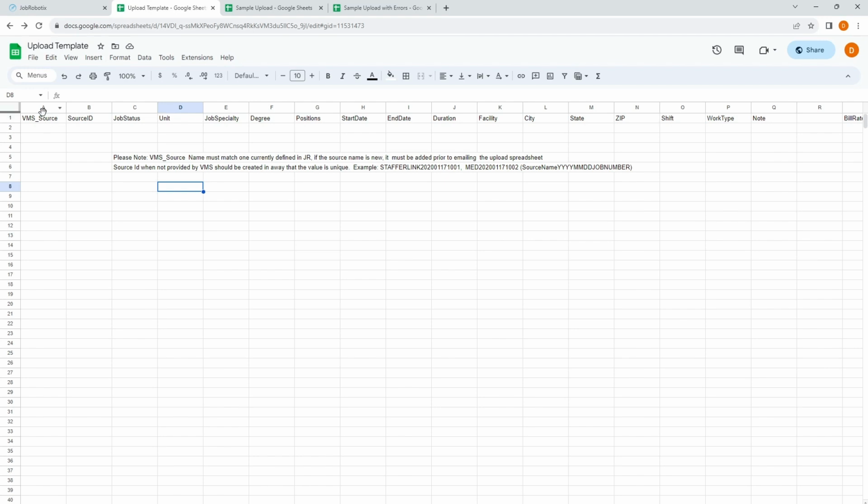The other thing to note about this spreadsheet is that maybe when you get these emails, they don't have all the data here that you can see on the screen. So not all these fields are required. The required fields are VMS source, so this would be where it's coming from, the source ID, and status, either opened or canceled for the most part,